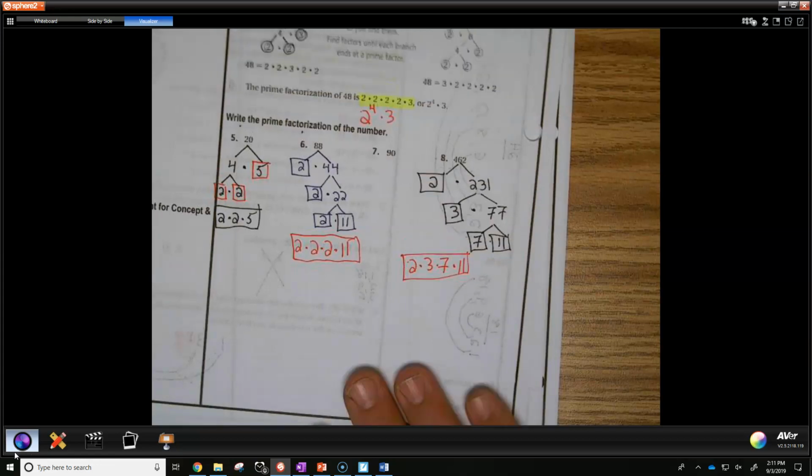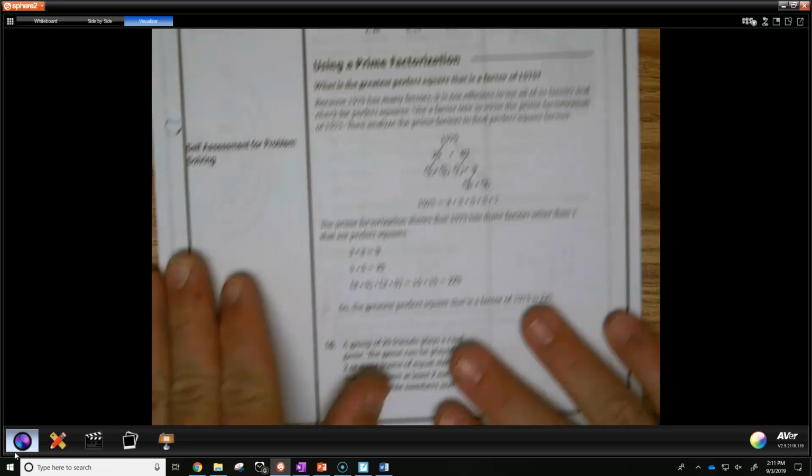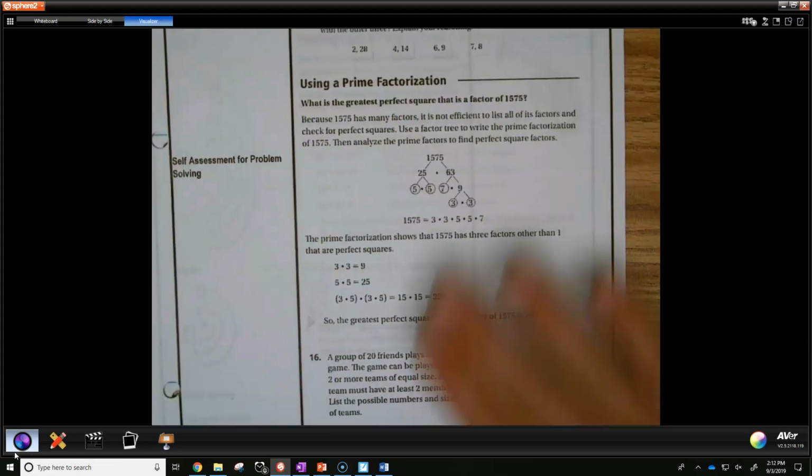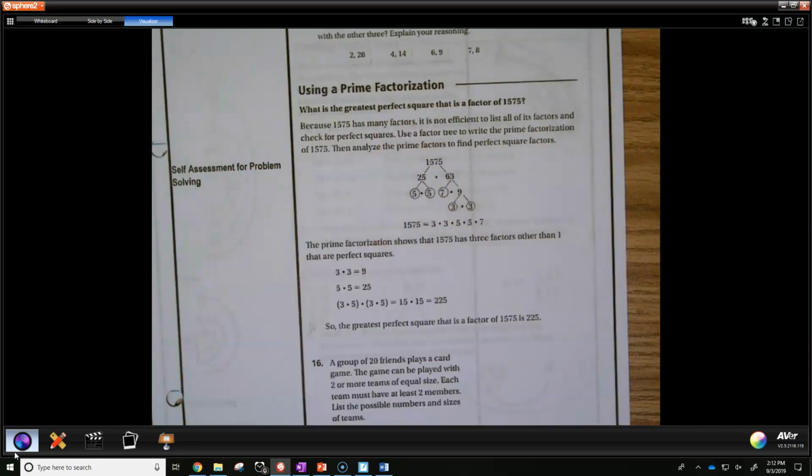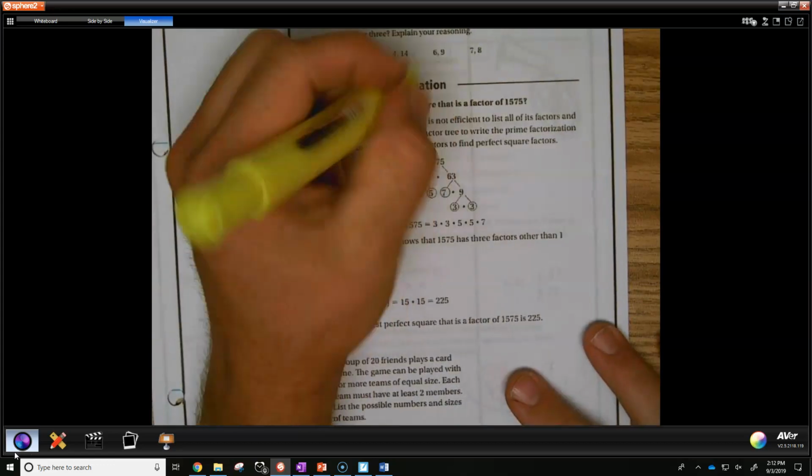Alright, last part we have to discuss. So that is making a prime factorization. Turn to the backside of your notes and we're going to go to this part. It says using a prime factorization. Now, this one we're not finding the prime factorization, we're using our factoring tree. You're going to take this to another step. It says,